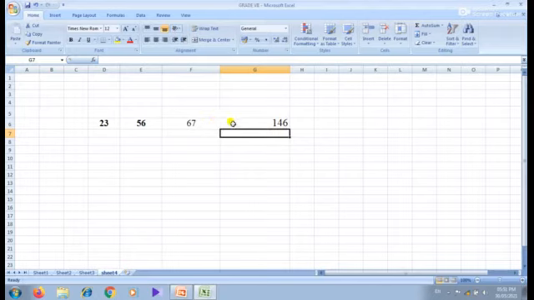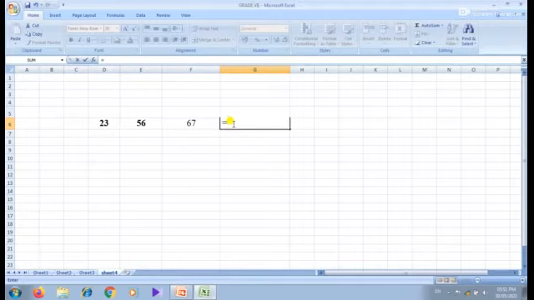Okay. Now here I am not going to use the mouse. Then how can we use the keyboard? How can we enter the formula using the keyboard? I will explain. First you have to press the equal sign. Then press the left arrow. Then plus. Then choose E6, then plus, and then again the left arrow. Then F6 is selected. Now if you press the enter key, we get the answer.